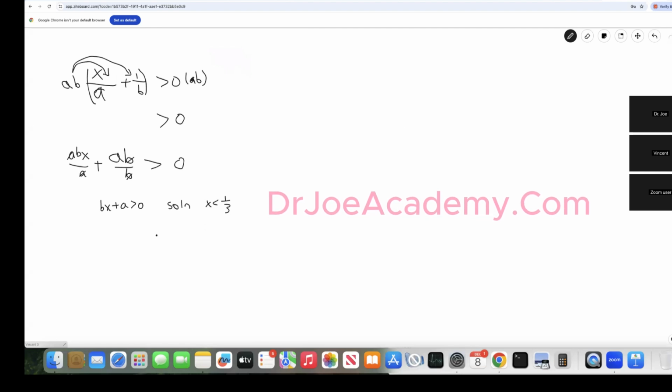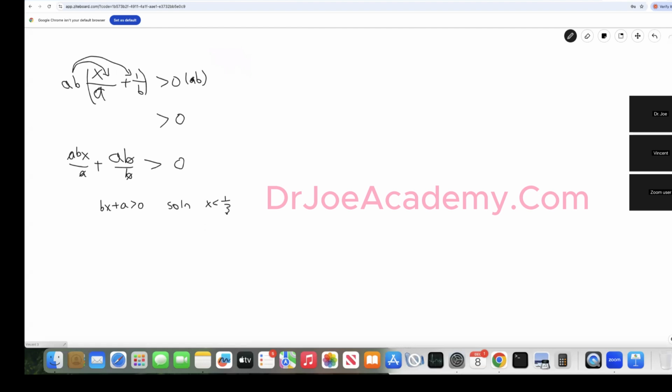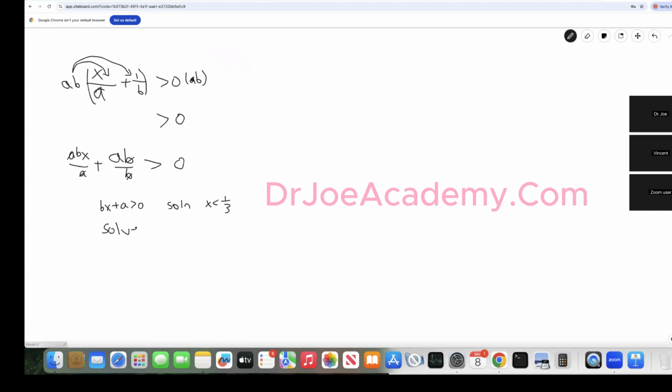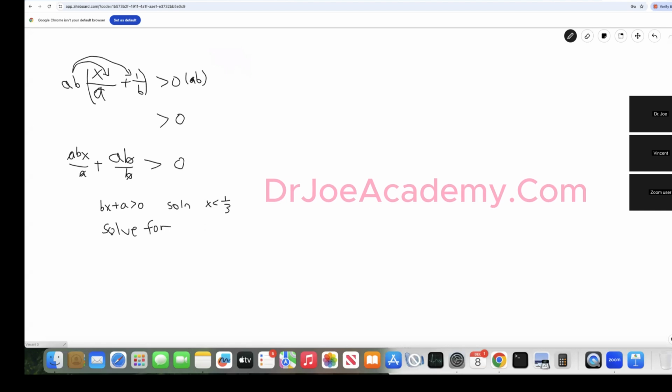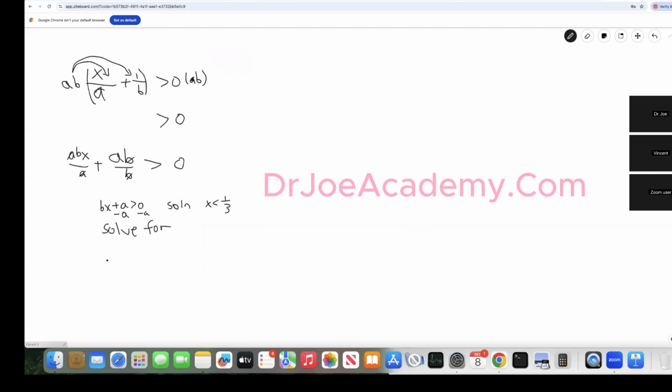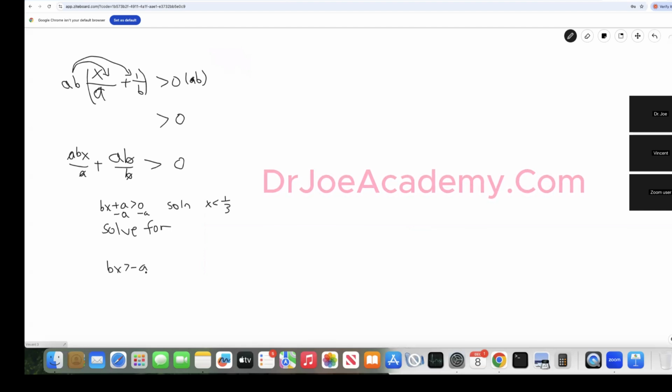So we don't know what A and B are, but we can get bounds on A and B by knowing that X is less than 1/3, right? So let's solve for X in the inequality. If we subtract A from both sides, then we get BX is greater than negative A. And then if we divide both sides by B,